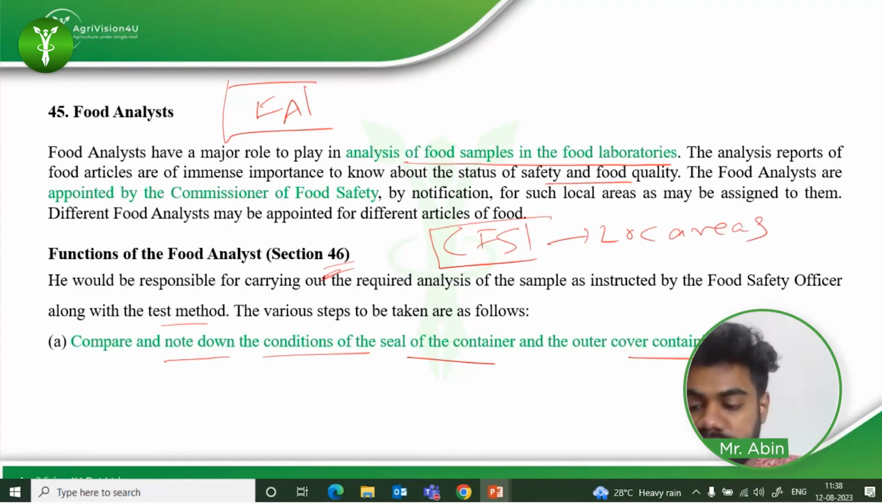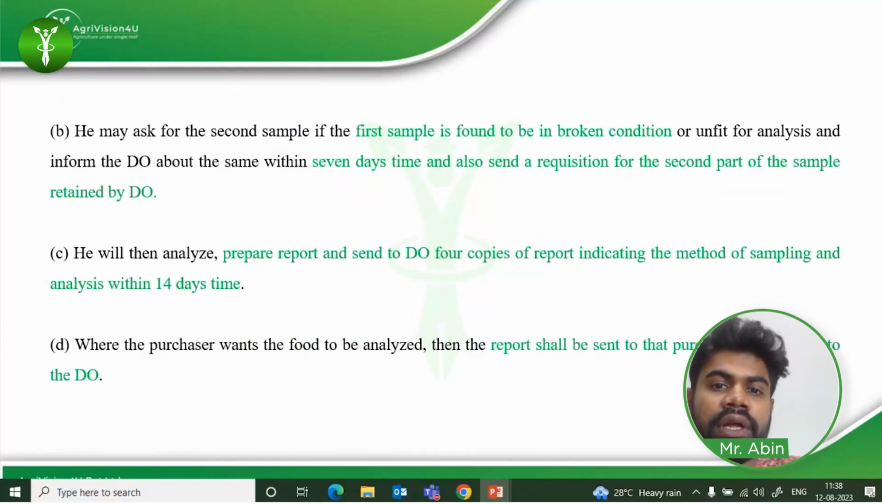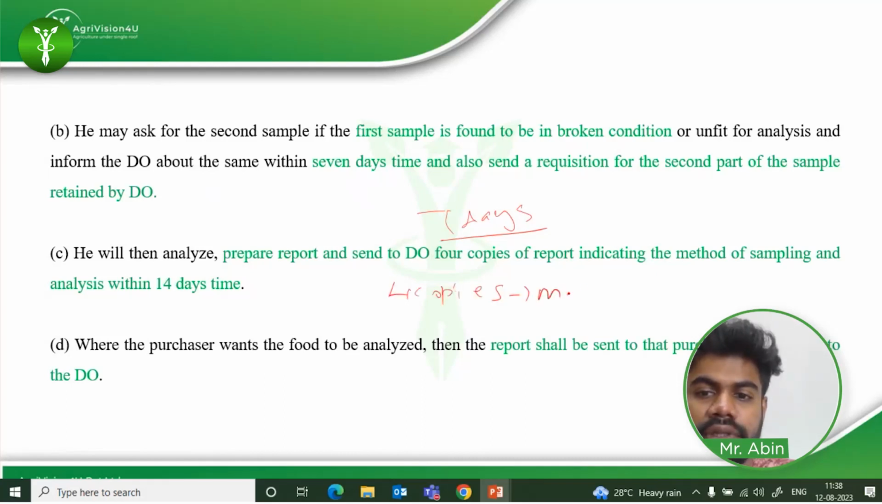So now again back to the food analyst. If a food analyst is getting a sample from the FSO, first he will be checking the sealing and all. Next, if he finds it in a broken or damaged condition, he will give a request to the DO, and the DO will give the second sample within 7 days. And he will then analyze, prepare the report, and send to the DO 4 copies of the report indicating the method of sampling and